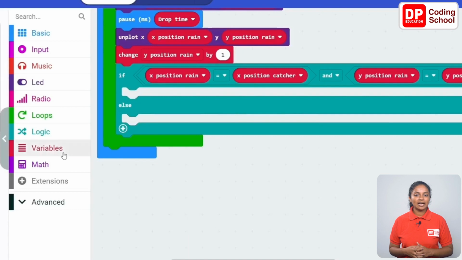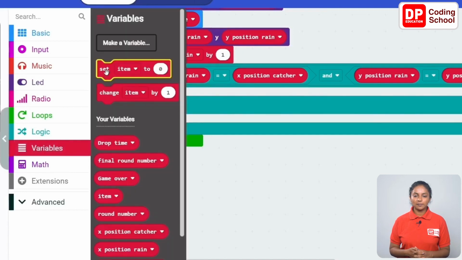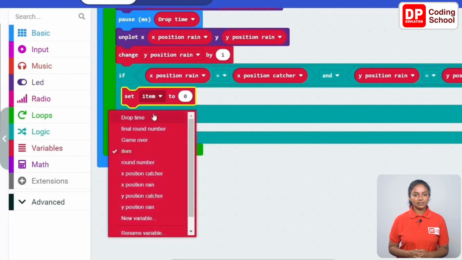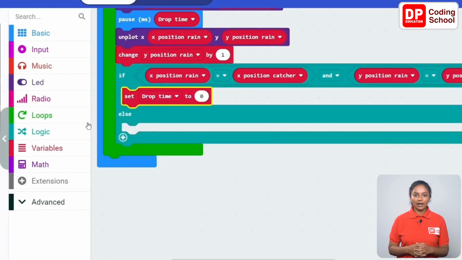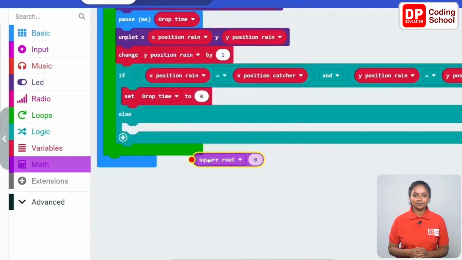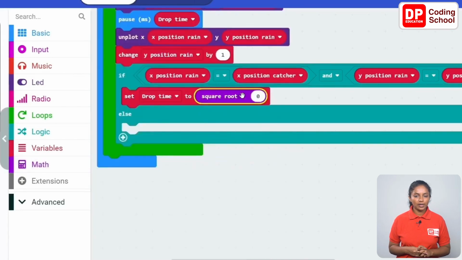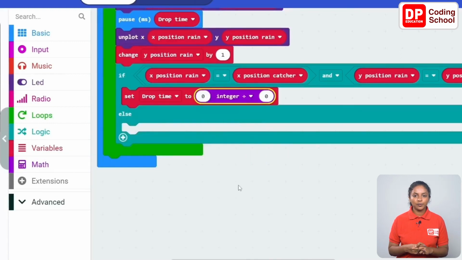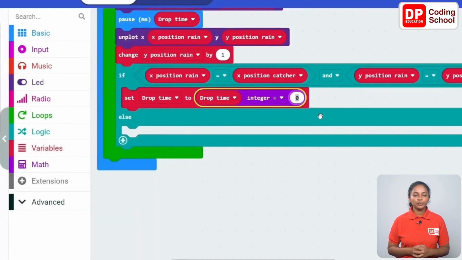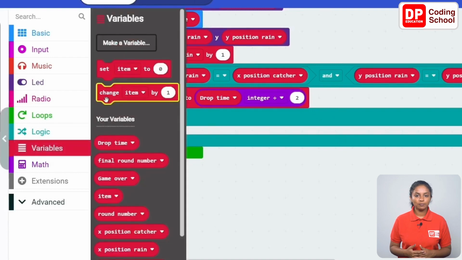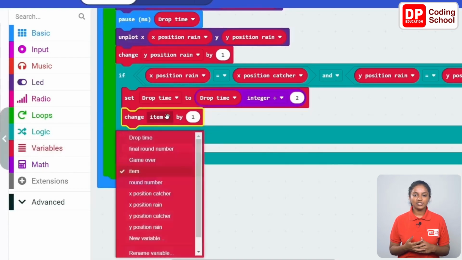I drag a set item 2 code block under variables into this if code block. Click on the arrow in front of the item and select drop time. Now link the square root 0 code block under maths here. Click on the arrow in front of square root and select integer divide. From here, the drop time code block in the variables is connected to the left side and 2 is given to the right side. Again, drag the change item by 1 code block under variables here and change the variable